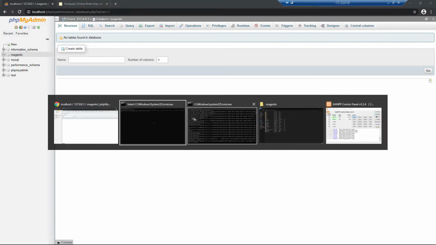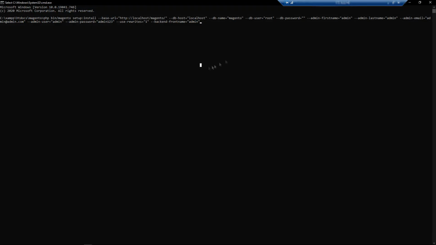It is Magento. The admin first name and admin last name are the names that will be displayed in the admin panel of Magento. And the admin user and admin password are the username and password that will be used to log in to the Magento admin panel. This command will take some time to execute, so I'll just pause the video and wait for it to complete